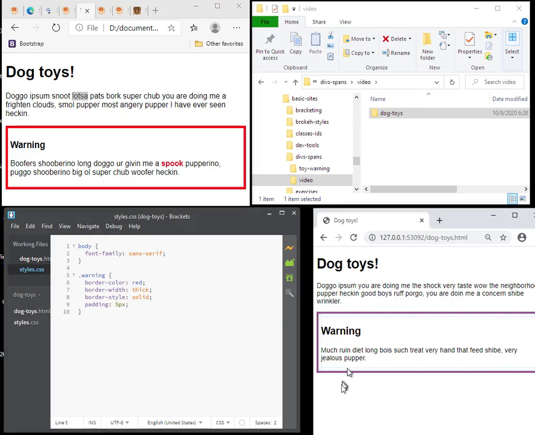Look at this. That's selected, it's why it's purple. Okay, but that's looking pretty good. There we go. All right, let's see what we've got. We've got dog toys, we've got that. Oh, we need a word in here that has